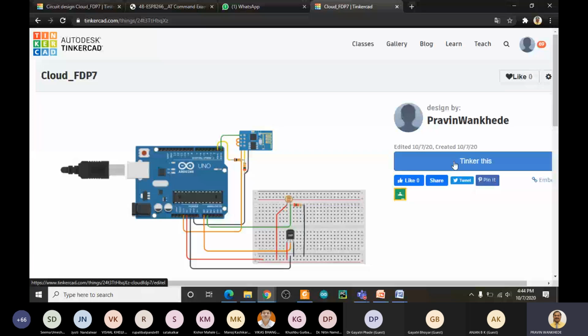Those who are new to Tinkercad today can click on sign up and then copy. Those who already have a login can sign in and then copy. And those who are already logged in can directly click on copy and tinker this.